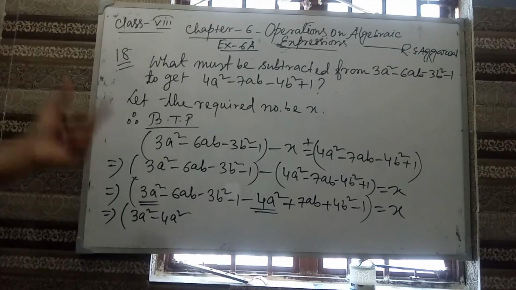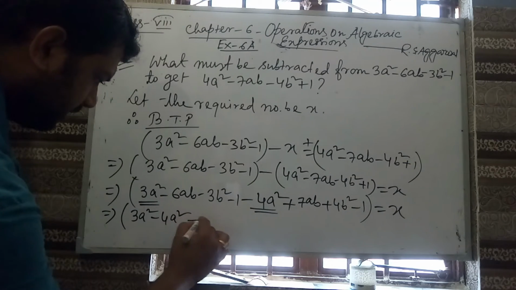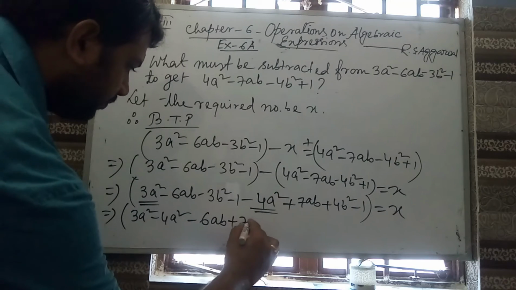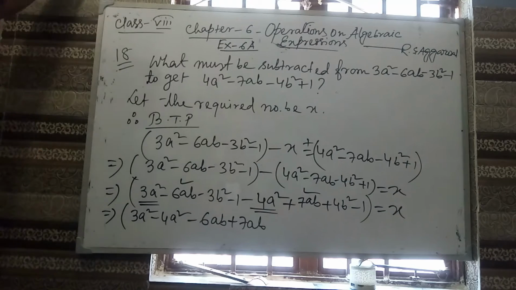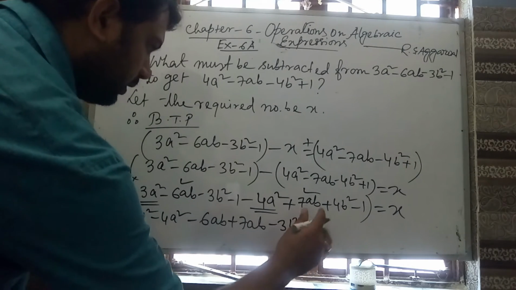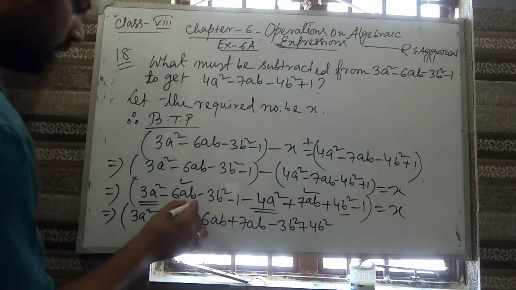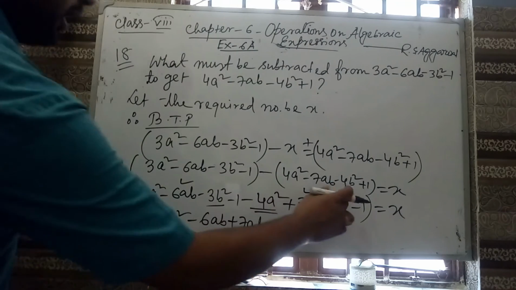So we are writing these two together. Next one, minus 6ab and plus 7ab. We are taking these two like terms together. Then minus 3b square plus 4b square. We are taking these two like terms together. And minus 1